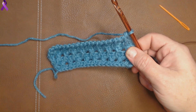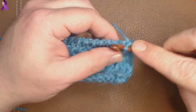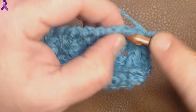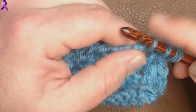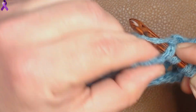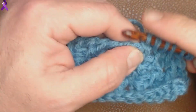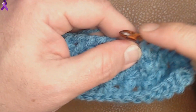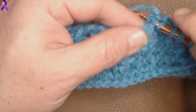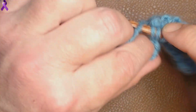So that was row 1 of the repeat. Now we're going to do the second row of the repeat, which is a Tunisian simple stitch, and we just go through the gap, do a knit stitch, simple stitch, knit stitch, simple stitch, knit stitch, simple stitch, knit stitch, simple,